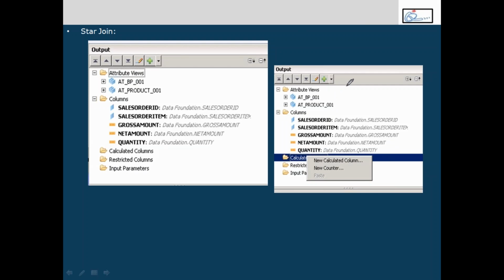So these are the ones with attribute views. These would be the columns that have been projected from the attribute views used in the analytical view. And these are the columns that have been projected from the data foundation of your analytical view. Apart from the columns from attribute views or from the foundation, we can go over creating